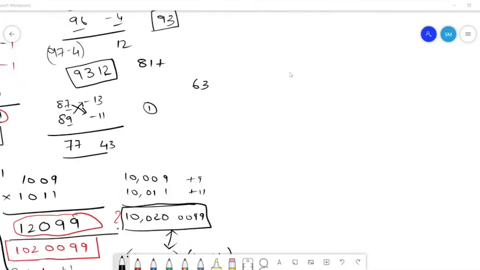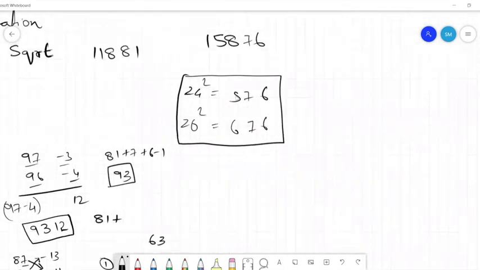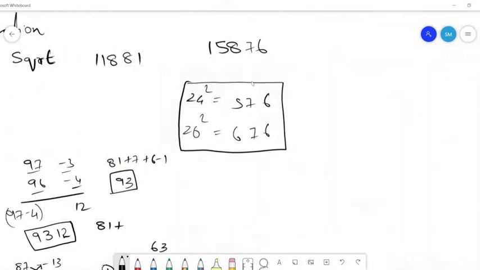Now the question at hand is, can you find out the square root of 15876, now that we know this method? You can continue working on this problem, but briefly, I want your attention. This is the starting step towards a method to find the square root of any number. It is this question of looking at what is happening. Some of you might already be aware of this long division method.